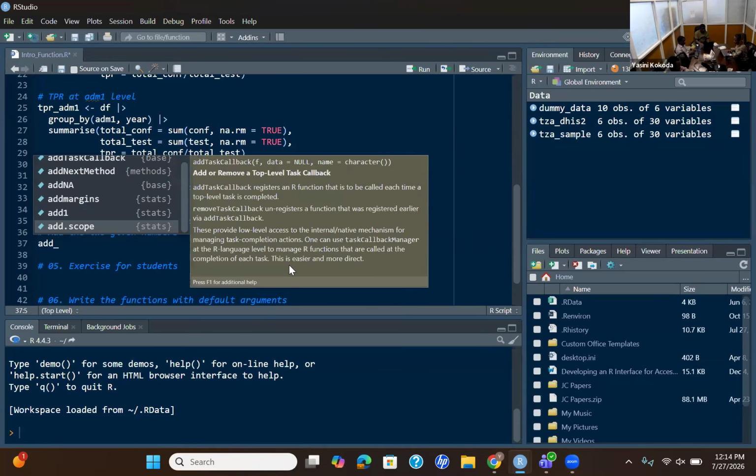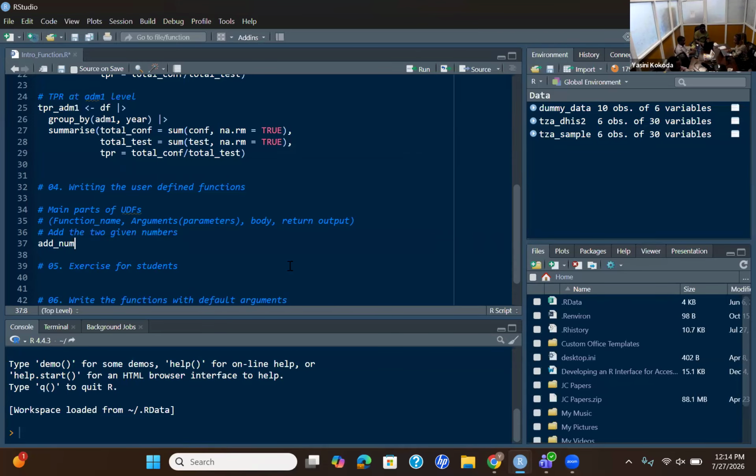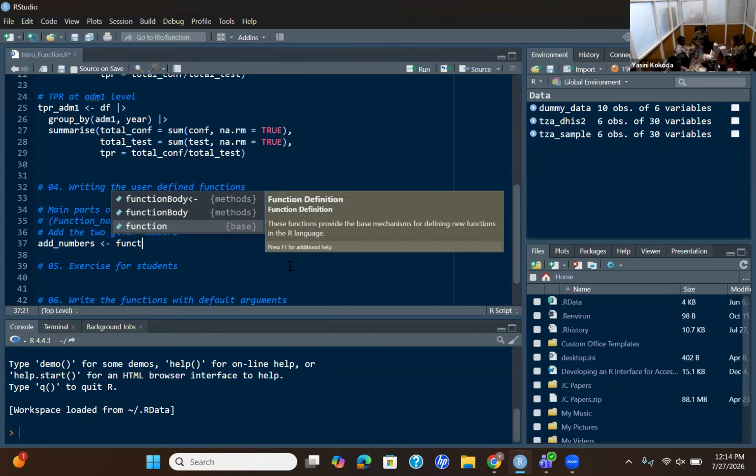For my case, I will call it add numbers, and then just the way you assign values to variables in R, you use the same for functions. You connect the name with a backward arrow, and to tell R this is a function, you need to use the function keyword.